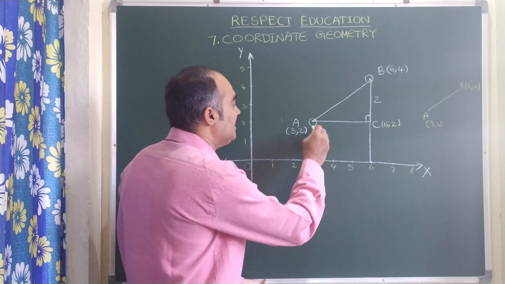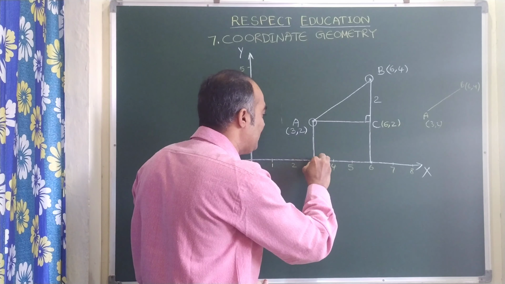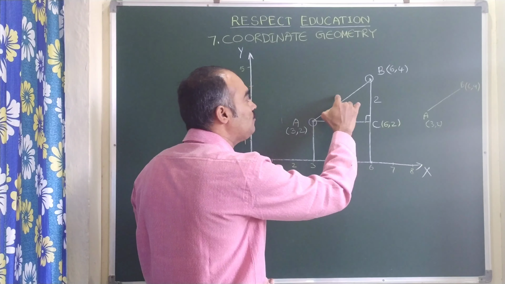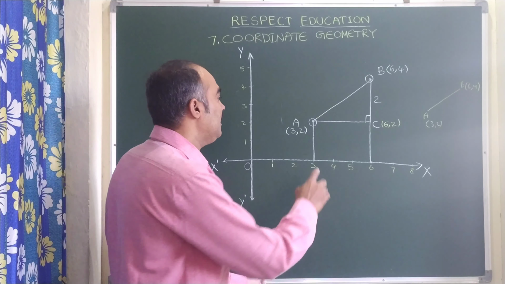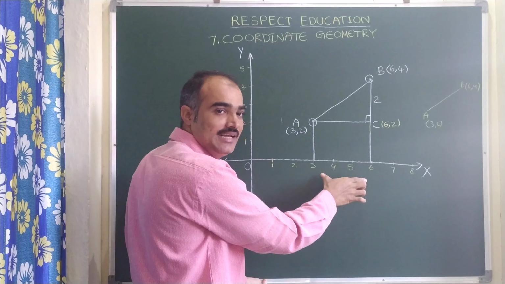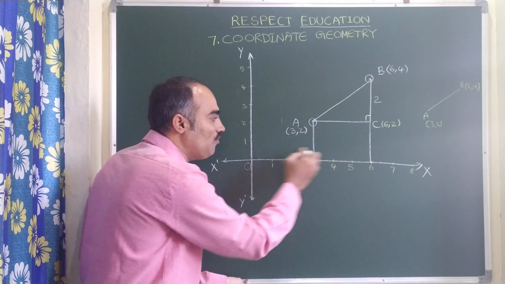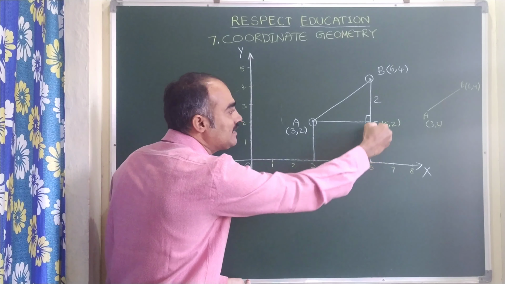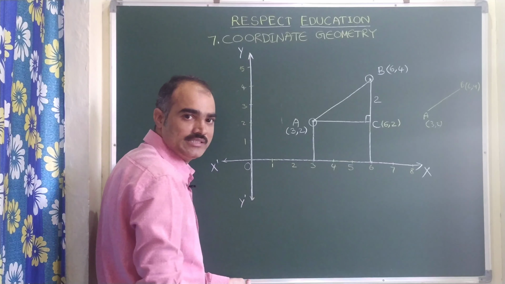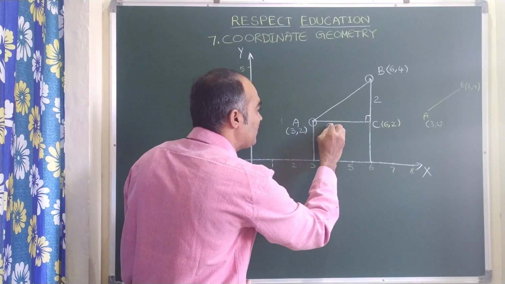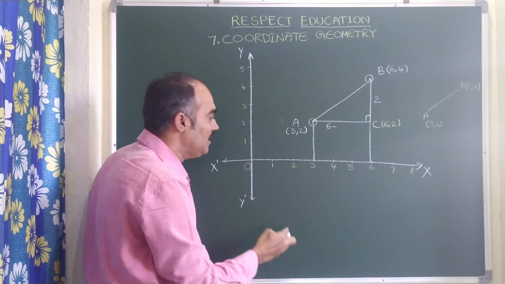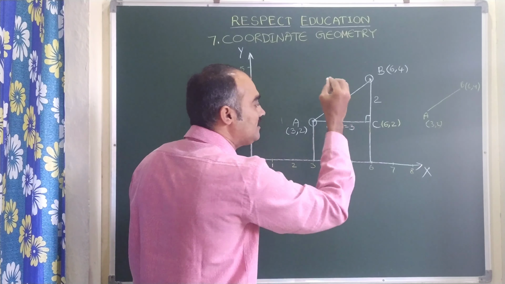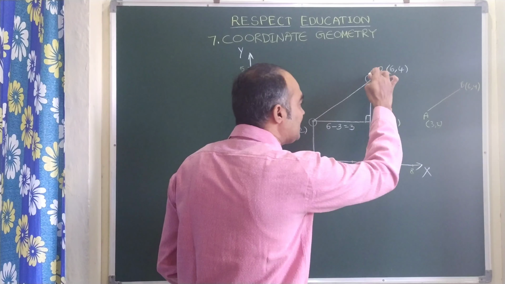In the same way, we are going to find the distance between A and C also. Why? Because if we have these two values, then it is easy to find the hypotenuse. For A and C, as usual, we measure from the origin O. What is the distance from O to C? OC is 6 units. O to C is 6 minus O to A, which is 3. So it is 6 minus 3, and this value is 3. I am writing the earlier one the same way.